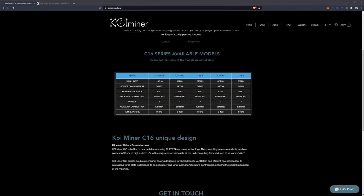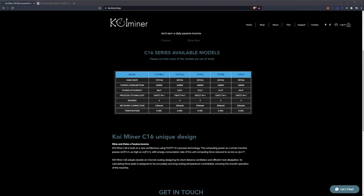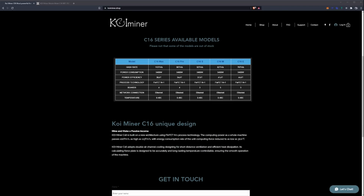So first things first, we have the C16 series, and here are the available designs. You have a C16 Max, which is the high-end model at 113 terahash a second with 3,400 watts of power consumption. The power efficiency is 30 joules per terahash. You are on the FinFET N+1 process technology. There are 4 boards in this model on the C16 Max, and then your network connection is Ethernet, and the temperature is between 0 and 40 degrees Celsius,